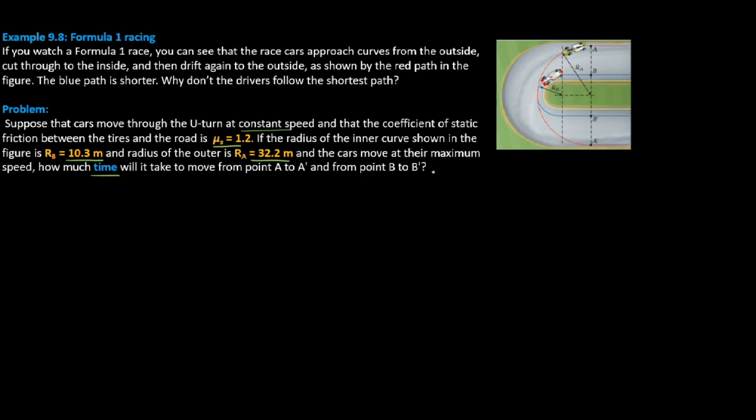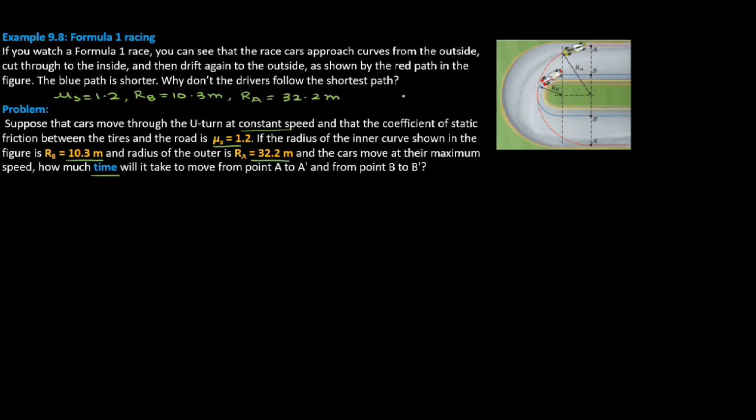So the question is asking us how much time the car will take to move from A to A prime here and B to B prime here if they are both moving at their maximum speed along these paths. So let us first write down what is given to us. We have the coefficient of static friction, which is mu s, 1.2. Then we have the radius of the inner path or the shorter path, RB, 10.3 meter. And then we have the radius of the bigger path or the outer path, RA,